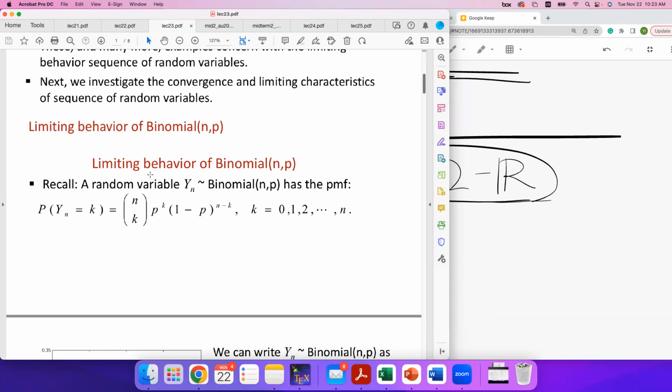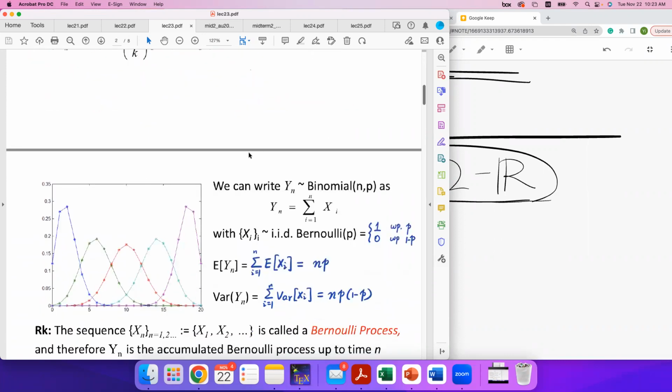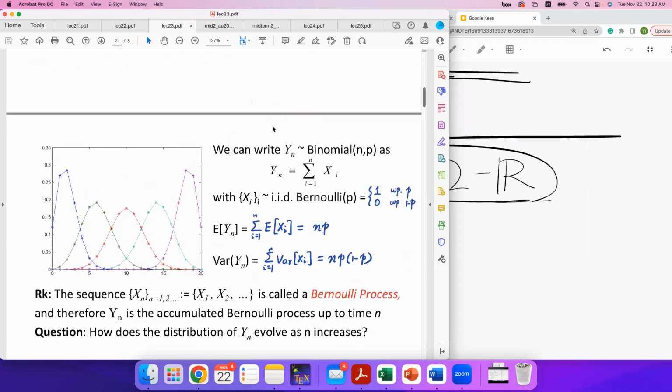And so this is the kind of behavior that we want to study. It looks like for this kind of regular random variables, in their limits, they will converge to something special. So here we can do the following. As we discussed before, we can write a binomial distribution as a sum of Bernoulli random